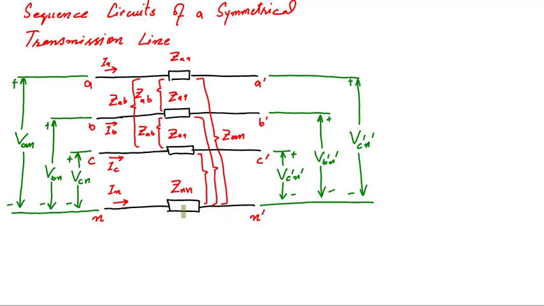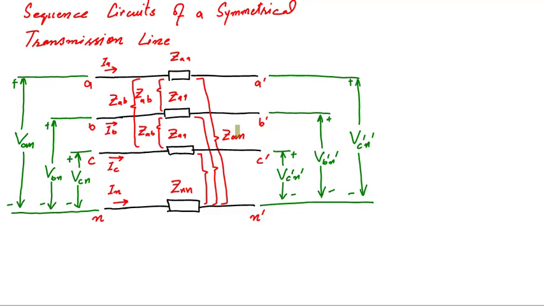Here the self impedance of the neutral conductor, whether it is a physical conductor or the ground, is Zn, and its coupling with all the three phase conductors is given by ZAN. Again we have assumed that due to symmetry, the coupling of all these three phases with the neutral conductor is equal. That makes this line a symmetrical line, meaning impedances in all three phases, mutual and self as well as with the neutral, are equal.